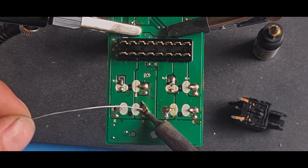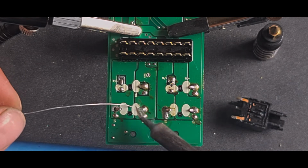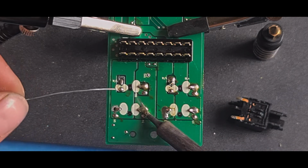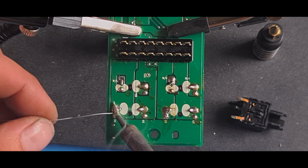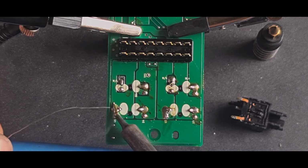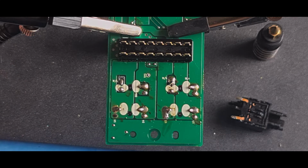And you end up with a nice shiny clean contact. Just pick up that little solder ball off the end there. Come on, there it is. If you remove the heat quickly, you end up with a better solder joint. Don't let it cool down slowly. And you don't want it to get too hot because that'll create a bad solder joint as well. You want the flux to basically